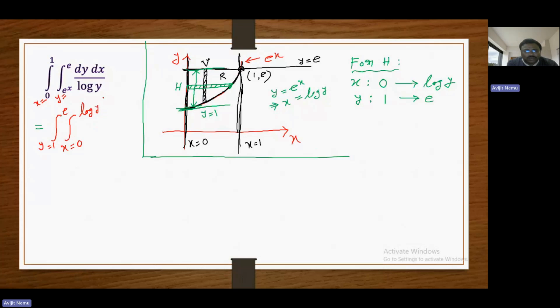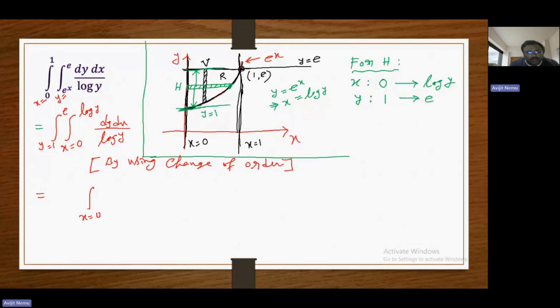And one thing, first you can write the integral part. As this is given dy dx by log y, but as x contains the variable, we have to integrate with respect to x first. So here we have to write by using change of order of integration. Now from this integration, as we have to integrate with respect to x first,